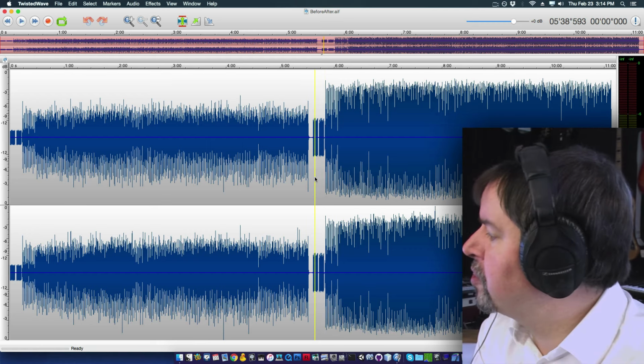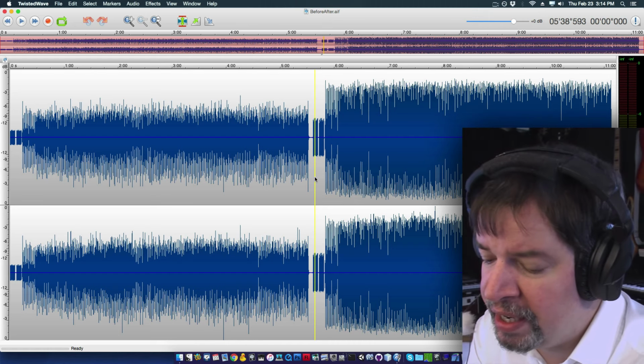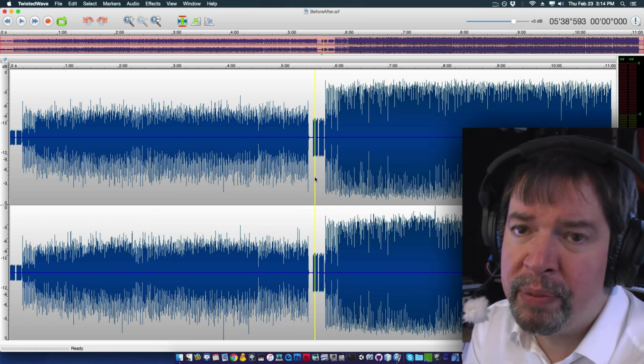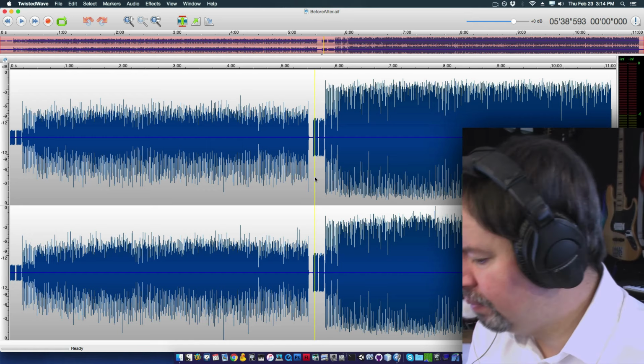But the reverb that you just heard is coming in the aux return. And I'm probably going to design a plugin that's kind of like Airwindows Console, but dedicated for mixing reverbs, just so that I can run all of my reverbs to that aux return and use them that way. But